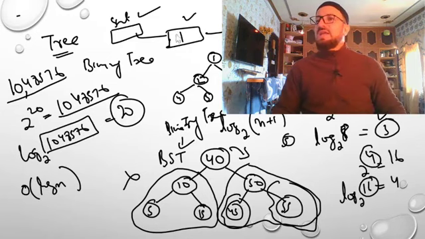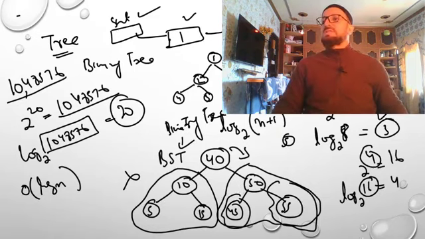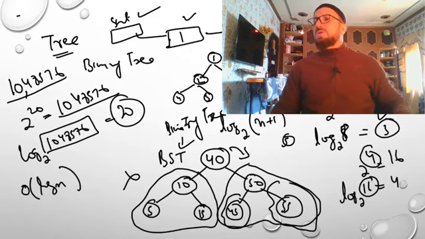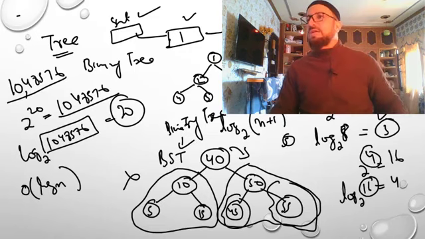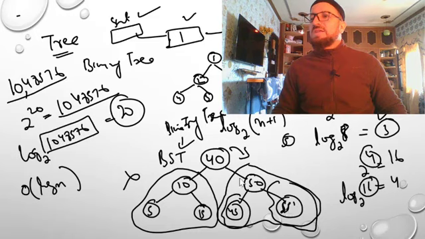But if it is in a linked list form and I have 1 2 3 4 5 6 7 nodes, it will take 7 iterations at least, if it is a worst case, to find it. Do you understand? Not at least, at max I'm saying, because if it is a worst case, you are finding the last node. In this case, if you want to find the last node, it will take just 2